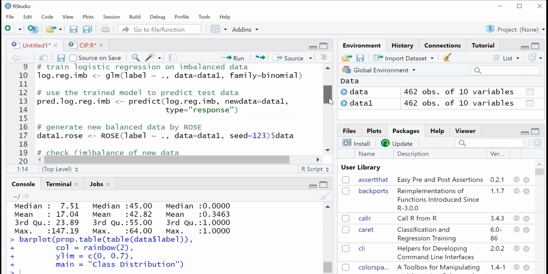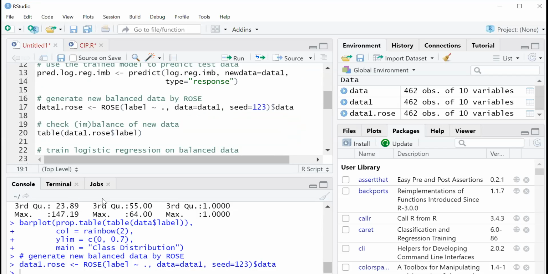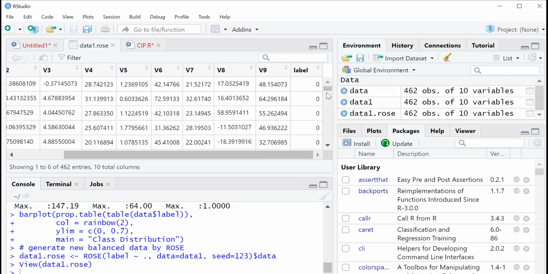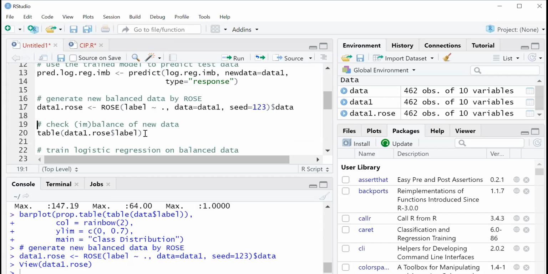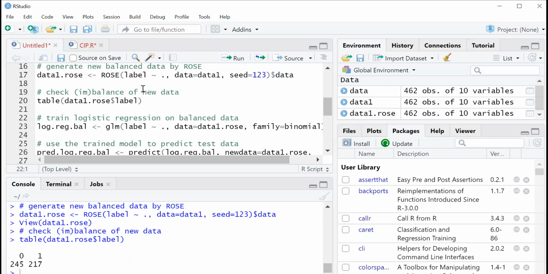Okay. So here we do the data balancing. After that, this is our data after class imbalance treatment. Now we treated the data by using the ROSE algorithm.